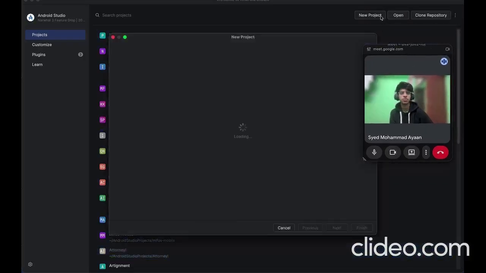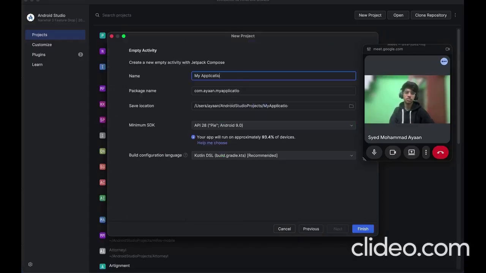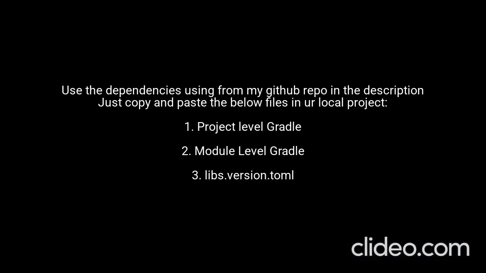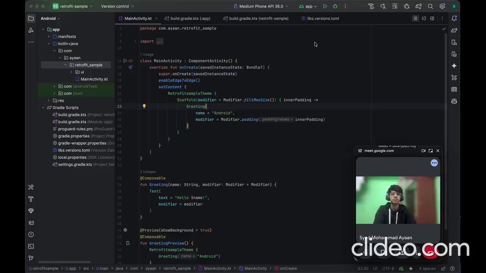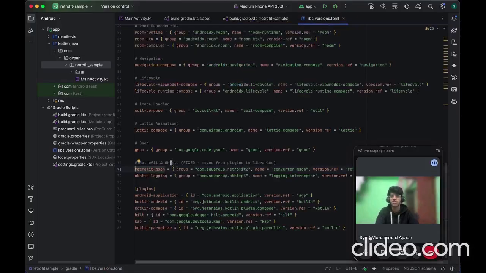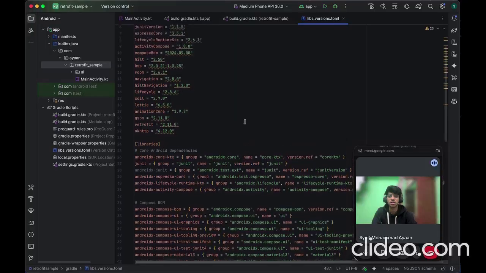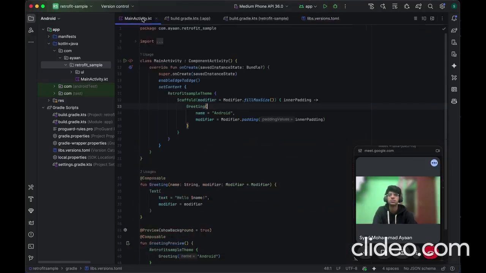So we are going to set up a new project now. We'll just go for the compose empty activity. Then we'll name it as Retrofit sample. Now the initial setup of our project is done with all the dependencies of Retrofit, OkHttp, the Hilt dependency for the DI module. So first of all,